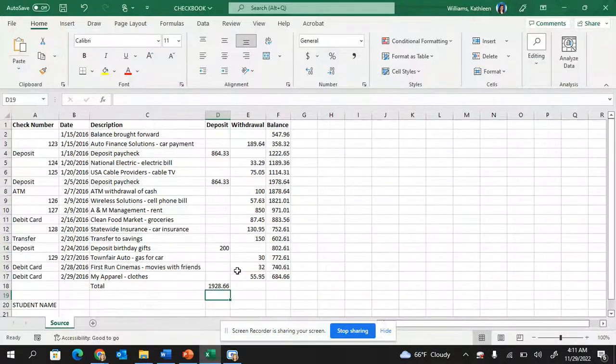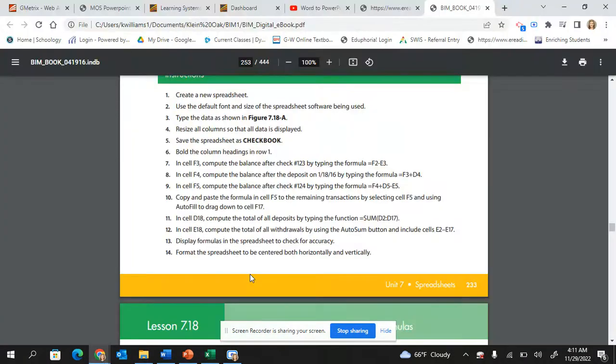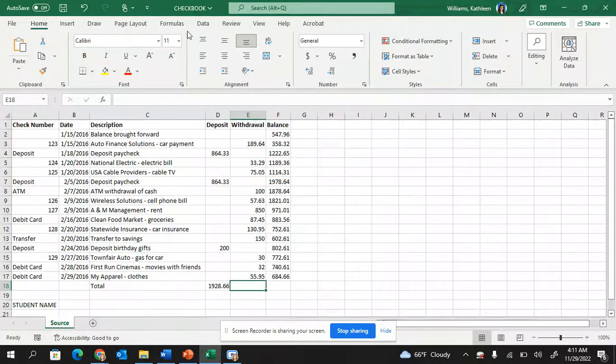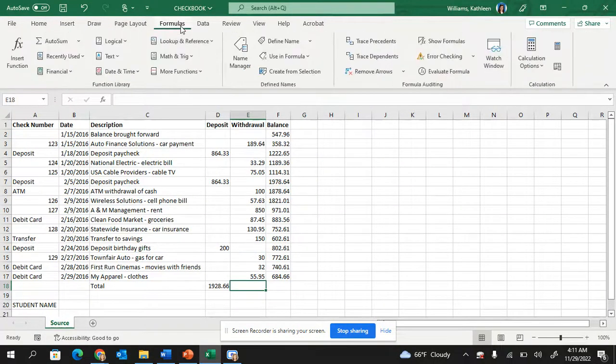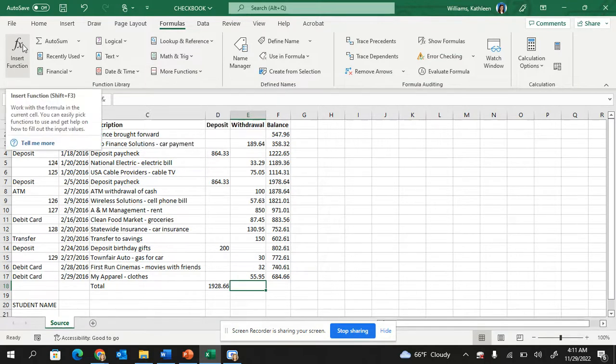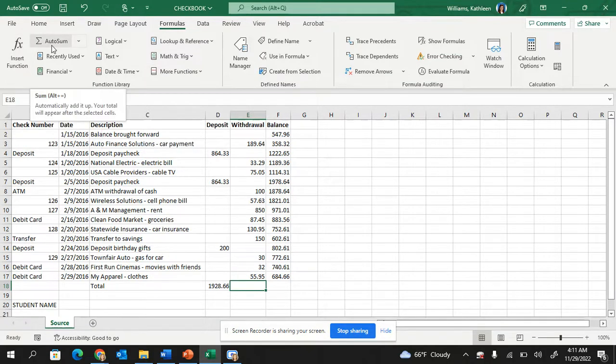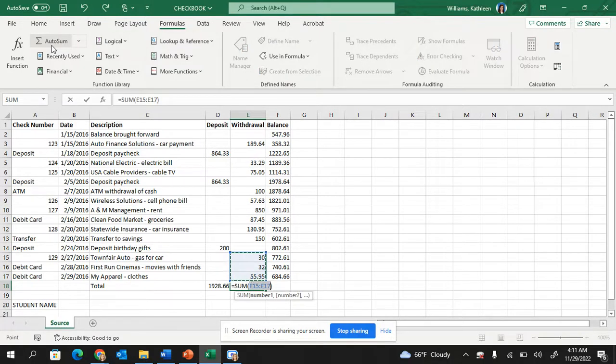Another way to do it, in cell E18, we're going to total up all the withdrawal amounts. How many checks did I have to write and how many payments did I have to make? So we're going to compute it using the AUTOSUM formula. If I come up here to my formulas tab, this is where you can open up and insert a function and type things in. There's also just this simple button right here that if you just need to auto sum things up,